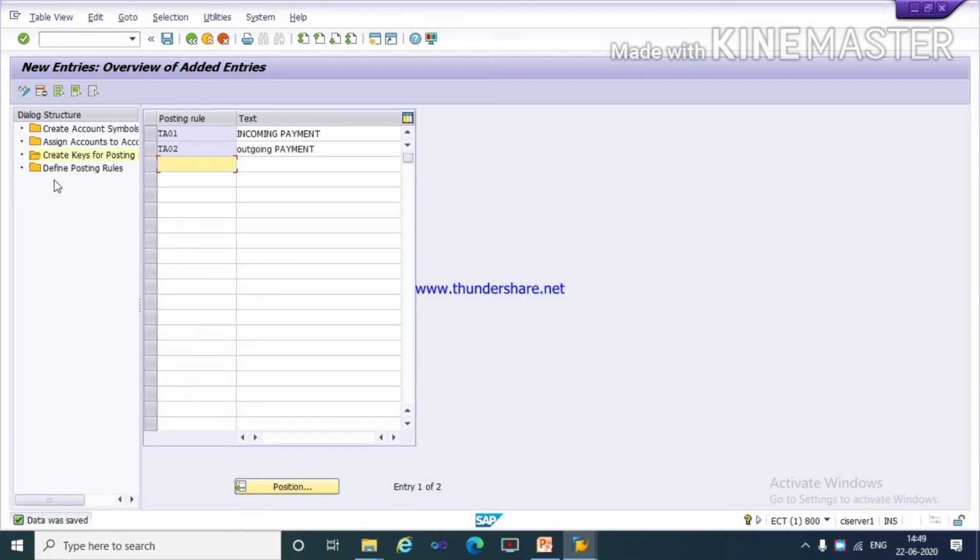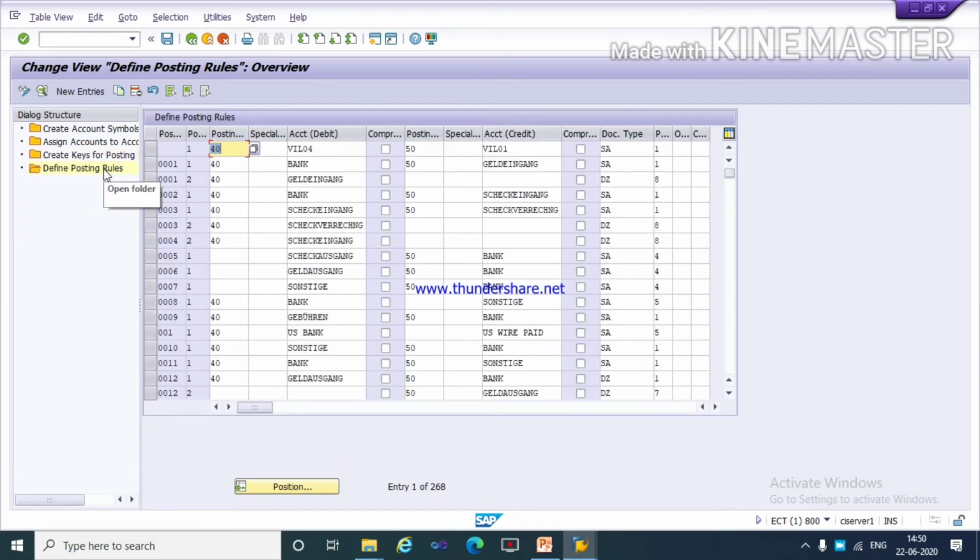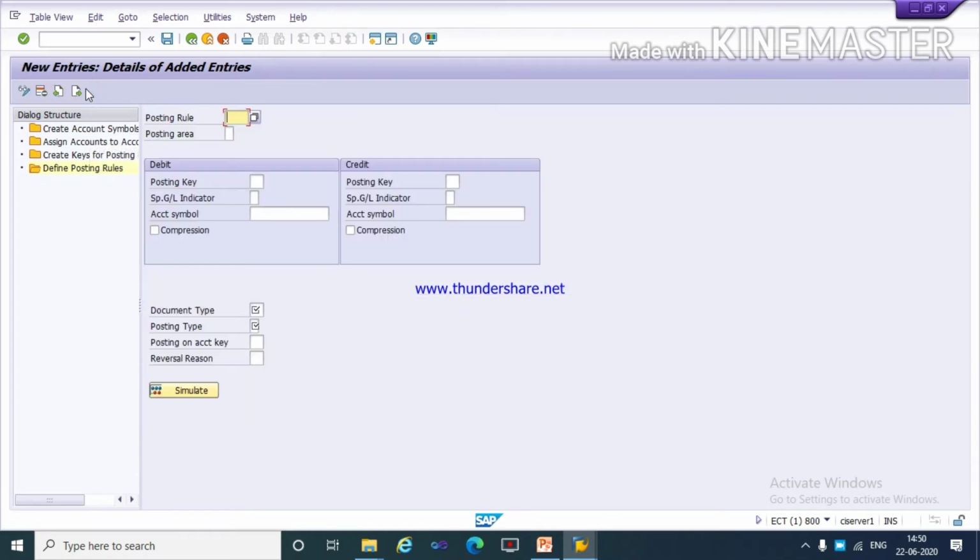Now the next and most important step is to define posting rules. Listen very carefully. Here we are defining a new rule, so we will click on new entries and select a posting rule which you have created here, TA01 for incoming payments.